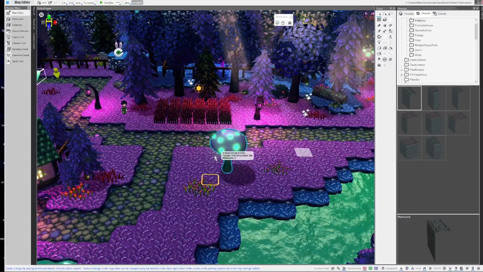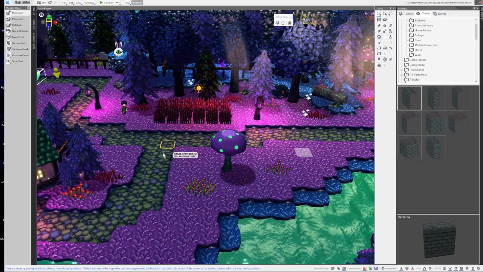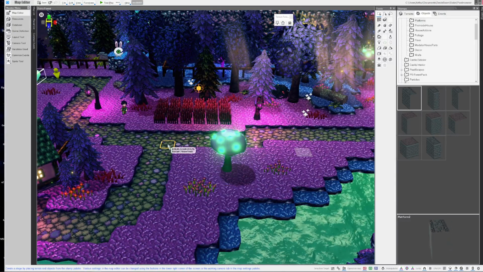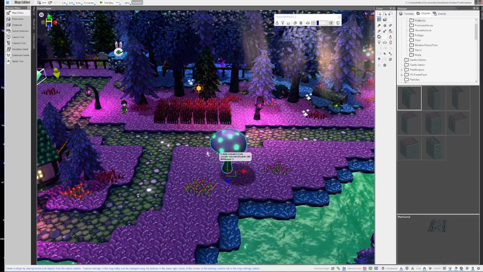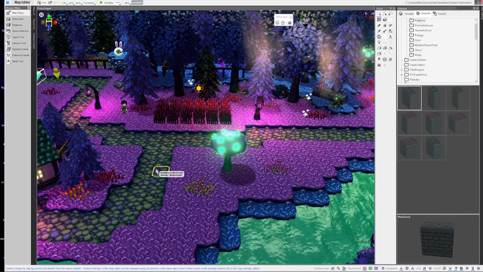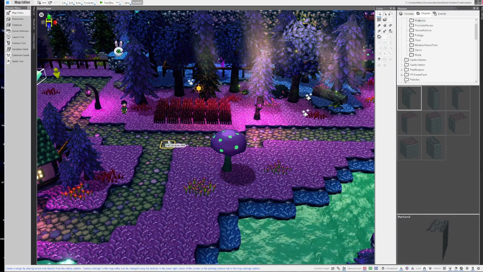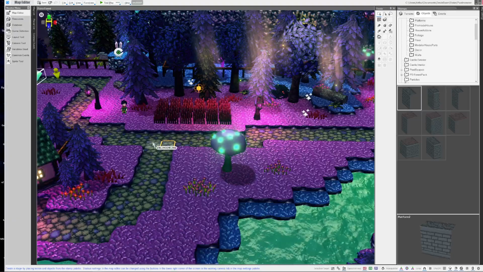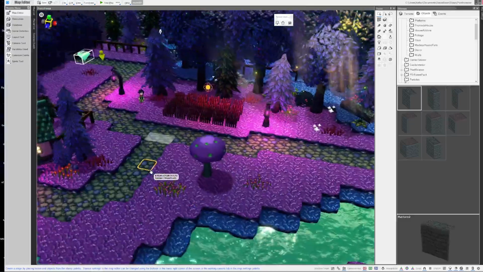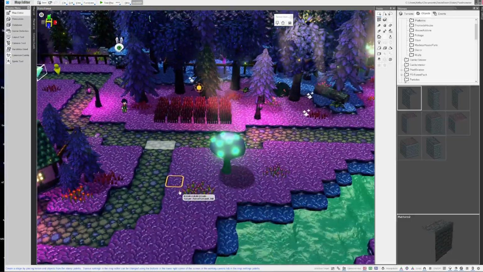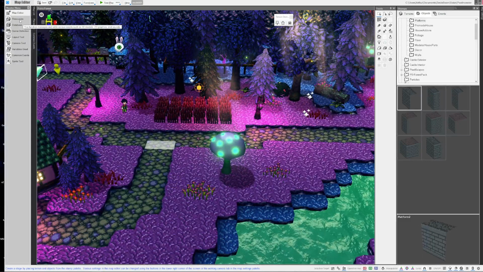As you can see, or you already know by reading the title of this video, it's all about mask maps. You can see them in action in this mushroom right here and on the terrain. I'll show you how to do that, because it's pretty cool. It looks pretty cool, not gonna lie. So let's have a look